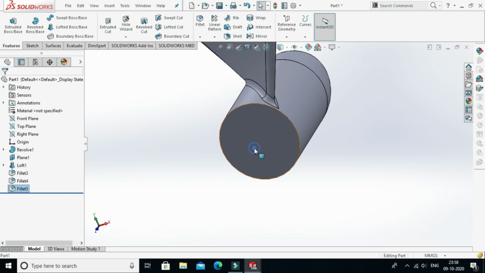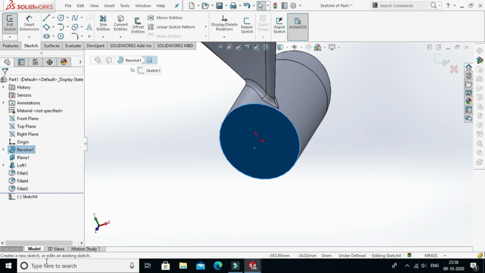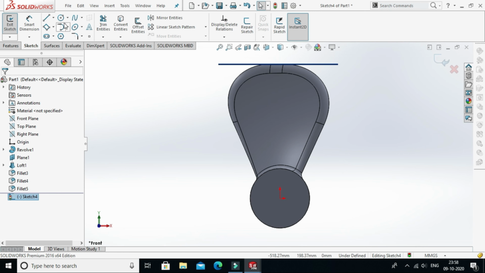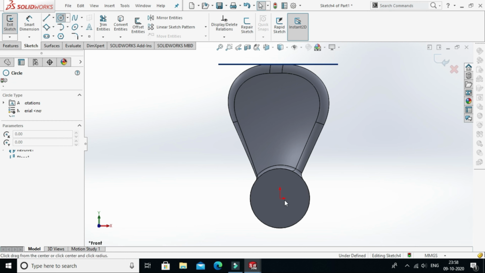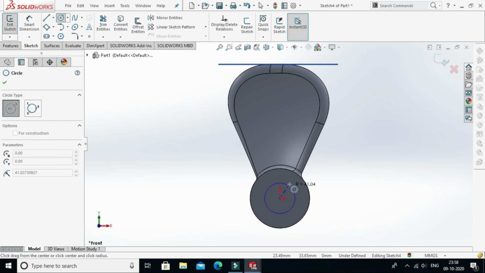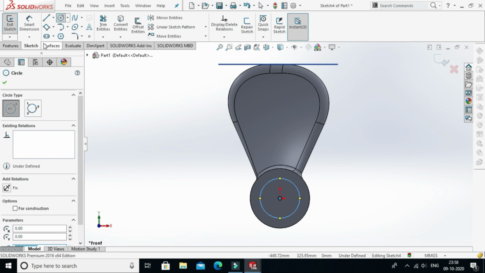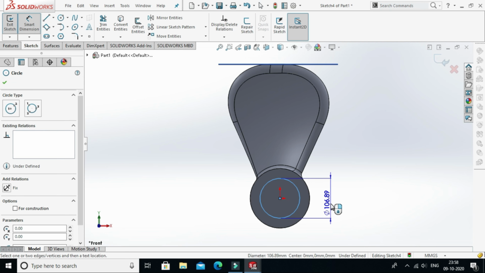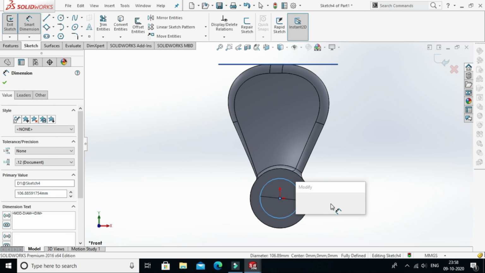Now select this face and sketch. Make the sketch as normal. Now select circle. Draw circle from origin. Give dimensions for that. Diameter of the circle is 114 millimeter.